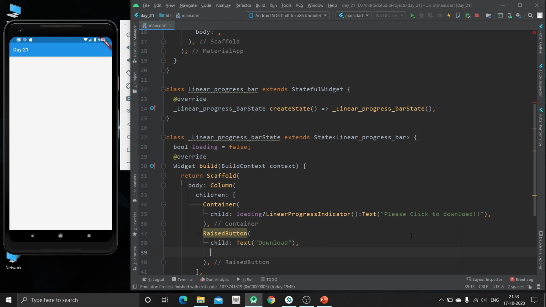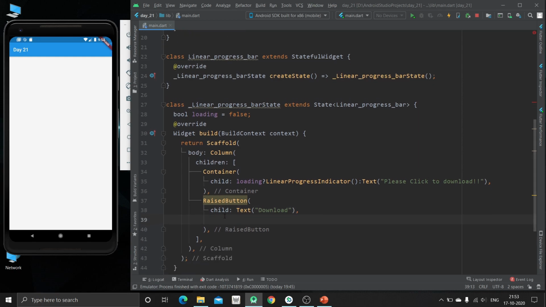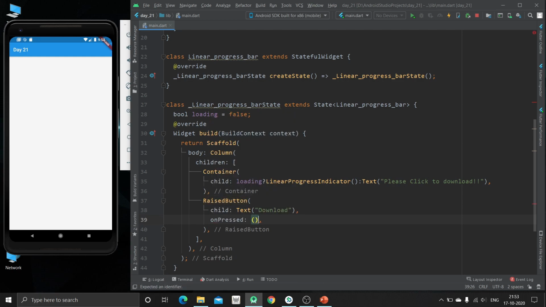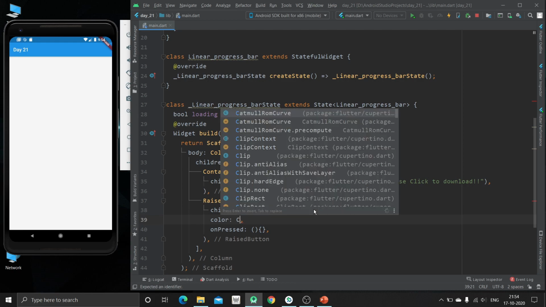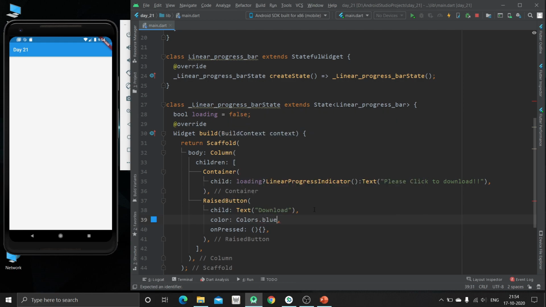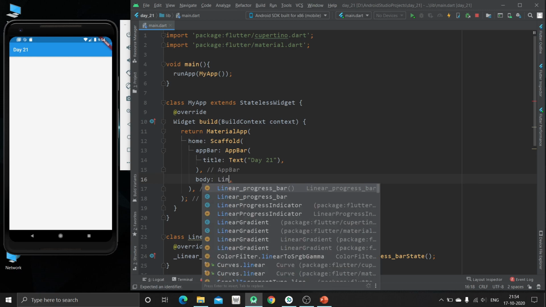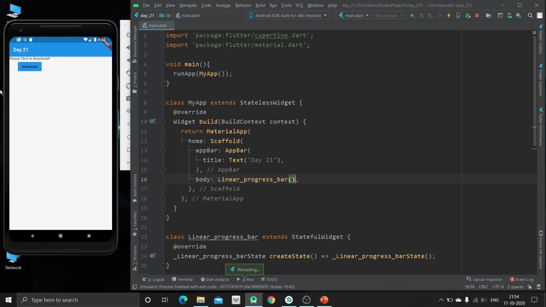Now inside this raised button we have to specify the on pressed attribute, otherwise it will be disabled by default. And we are going to give some color, that is Colors.blue. Now just hit Ctrl and S. Okay, inside this body we have to call our linear progress bar. So now it's done. Now you can see here is one text and the download button.